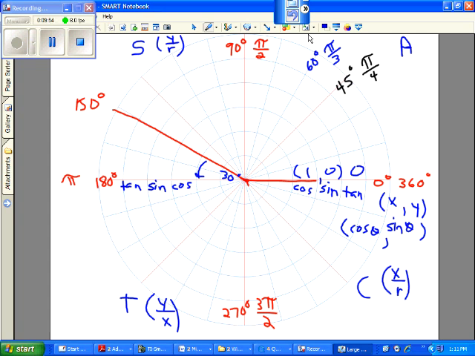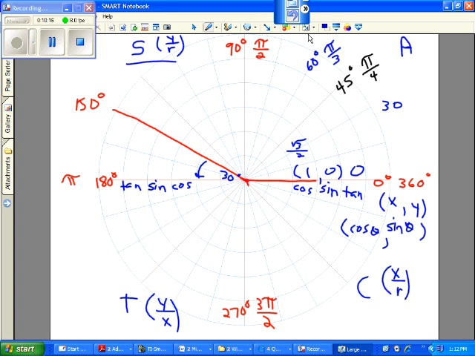Well, the cosine of 30 is, if you go back over here, square root 3 over 2, right? The cosine of 30 degrees was square root 3 over 2. So the cosine of 150 is going to be the same as its reference angle, square root 3 over 2,